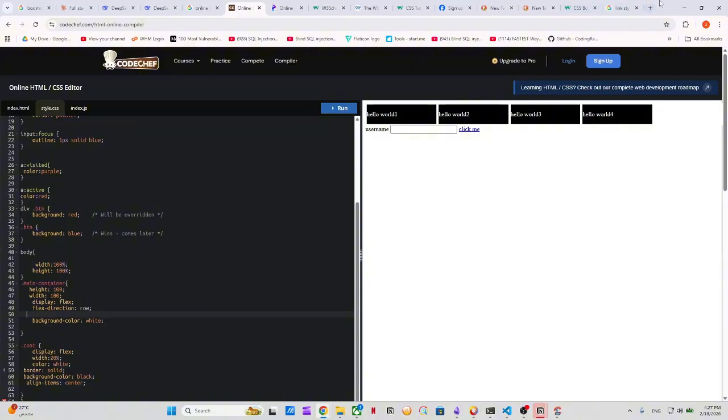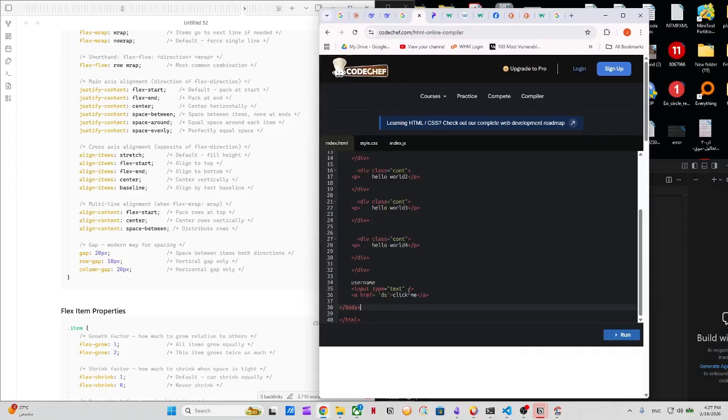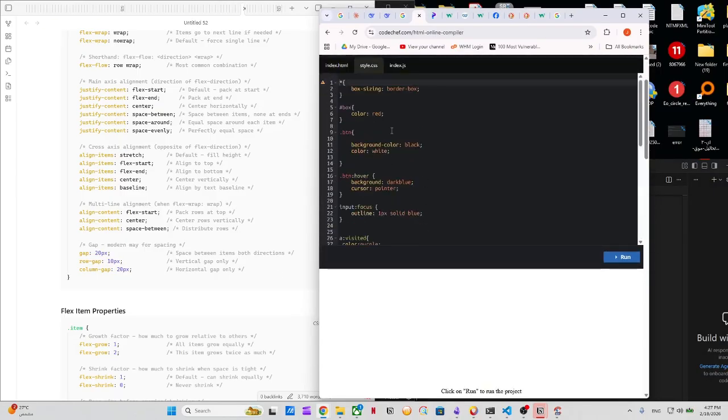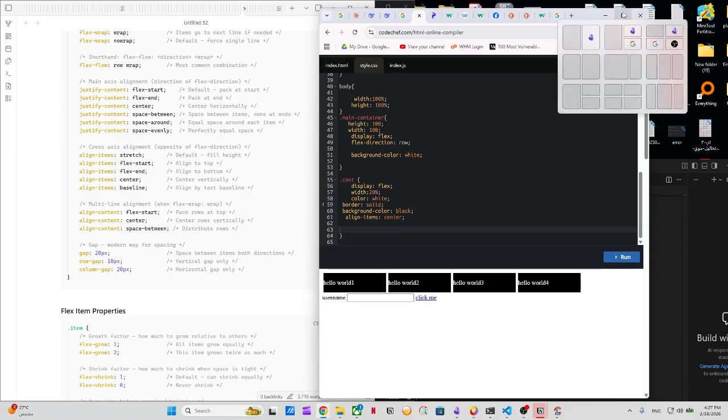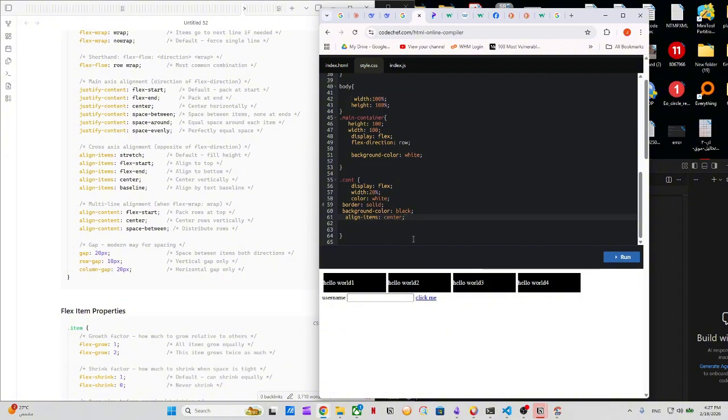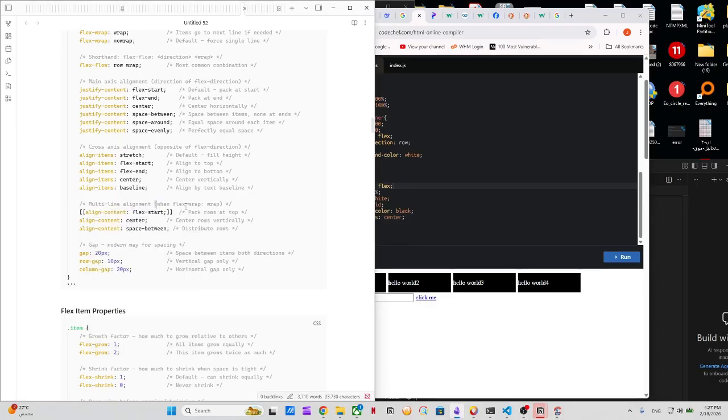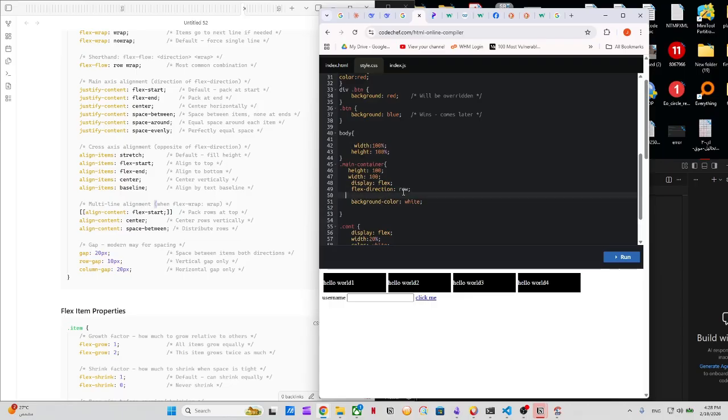Anyways, there's one more tool we talk about, that is align content. Let's try align content here. Align items center, align content flex start. Okay, let me try align content here. See what happens. Align content flex start. Nothing happened because pack rows at the top, it's already there, so there is nothing to be done. But if we type end here